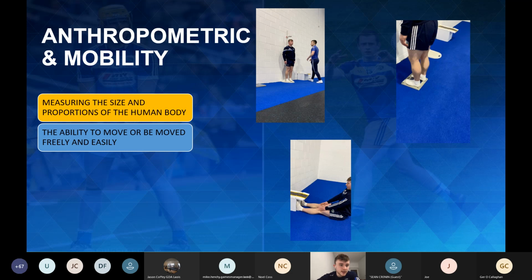Looking at them in practice, anthropometry is looking at the size and proportions of the human body. You'll see in the first video, that's a measure of height. Myself and Jason aren't too blessed vertically, and we've probably gone beyond our growth spurt. But for those of you working with youth athletes on the call, it's a very, very important measure that you're tracking over time, to flag if your athletes are going through their peak height velocity,